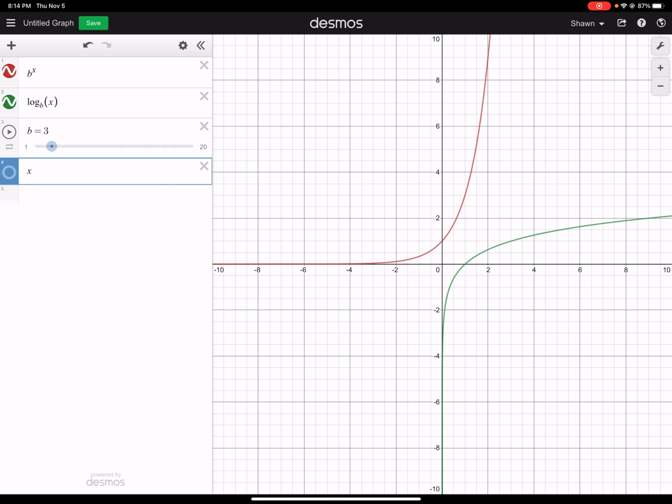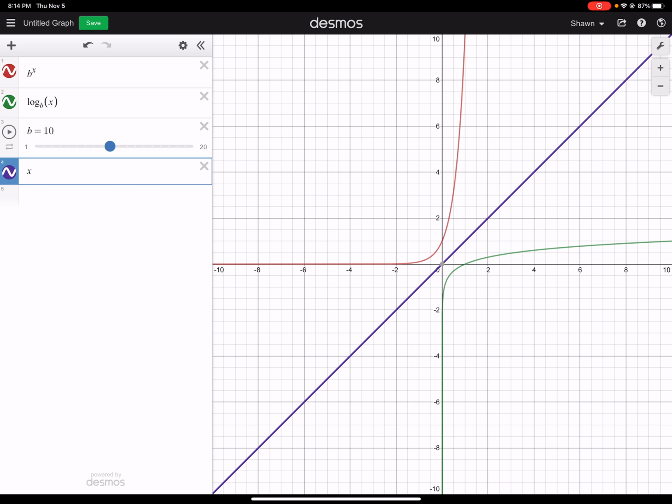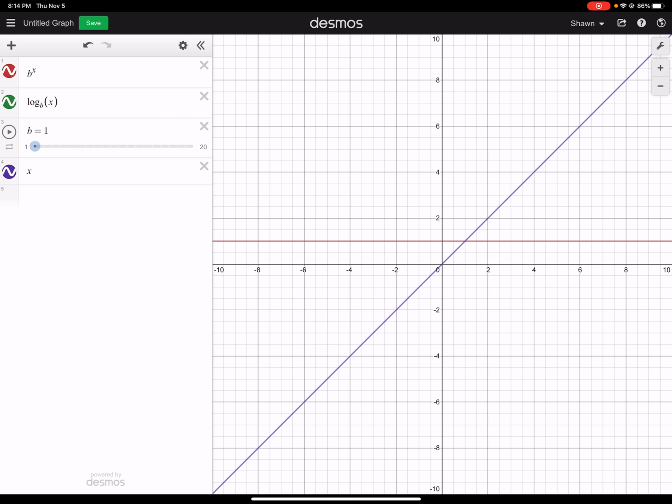So if I fold it along the purple line, it looks like the red graph will lay right on top of the green graph right there. And that works for any value I pick for b. Notice all it does is sort of change their natural trajectory in there. And so that shows that they are inverses to each other